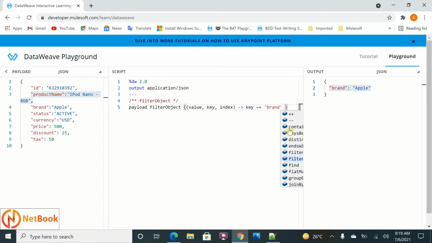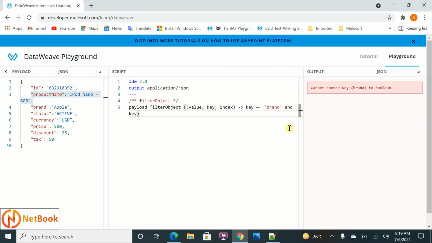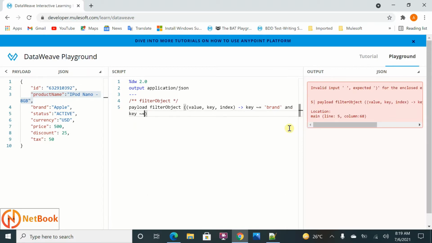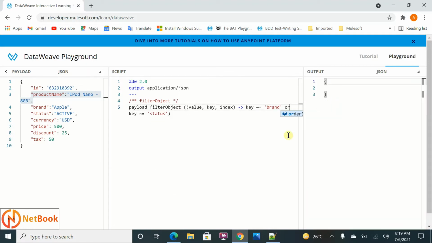And if you want to put in other conditions, you can do that also. Maybe I can say status, so I can use an or. I want to keep only two key value pairs, brand and status. I want to fetch them based on the condition I mentioned. That is how the filter works.